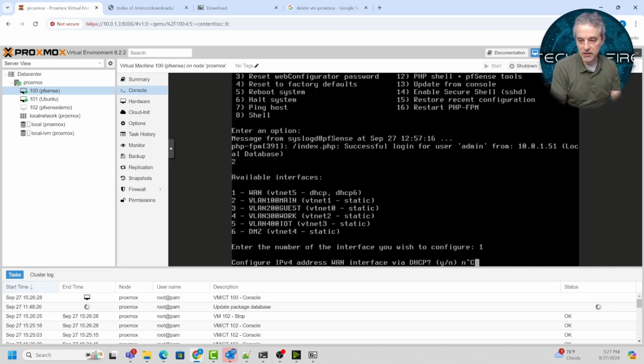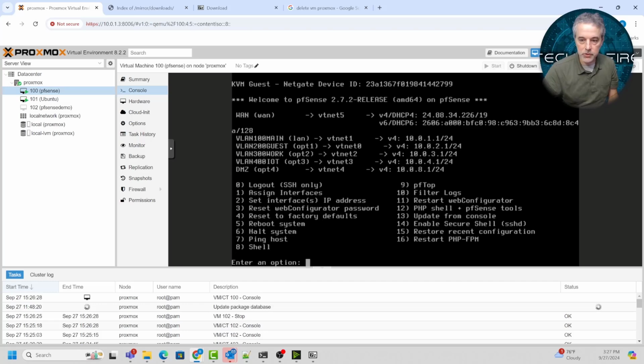And so I'm not going to reconfigure this, but you'd use this option 2 to set the DHCP for the wide area network, and then you would assign a static IP for the VTNet 1 in my case, or whatever your LAN adapter is for your instance of pfSense. And that's just going to be the address that you should be able to connect to from a host on your machine. And so this one should be